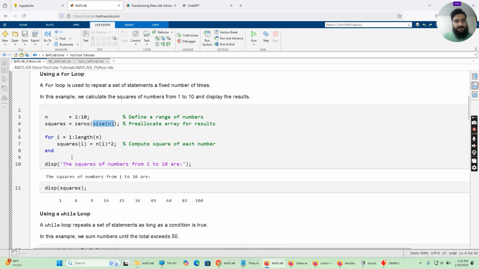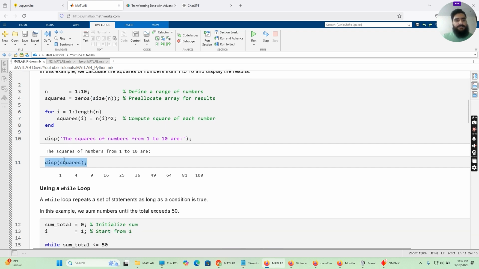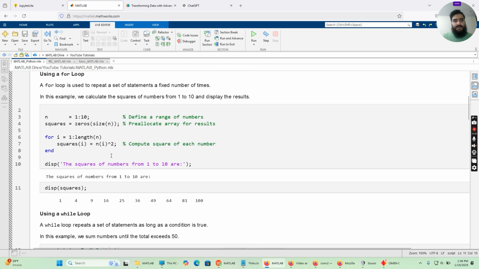Once that is done, we use the display function that will simply display the string value, and finally we will display the squares, in our case the squares from 1 to 10. So this is the code that we want to convert into